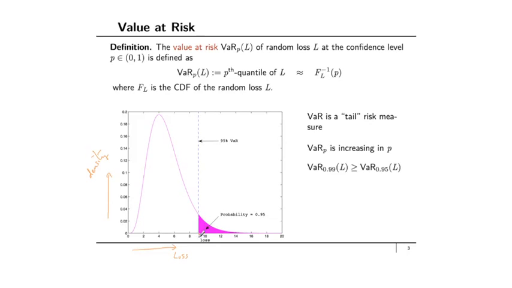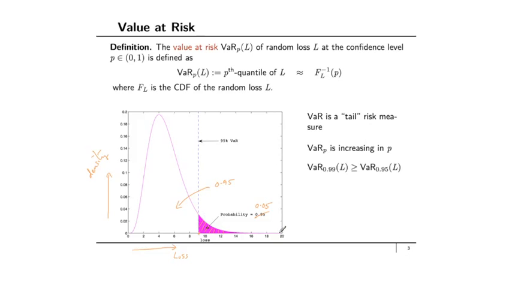value here. It's approximately 9.5, such that the probability beyond it is at most 0.05. So the probability on this side is 0.95. The probability beyond it is 0.05. And therefore, this point itself is the 0.95 quantile for the value at risk. Value at risk, as you can notice, only looks at the tail probability, and therefore it's a tail risk